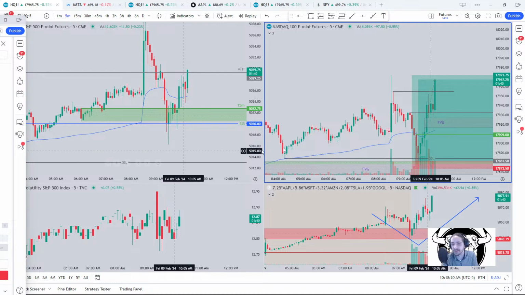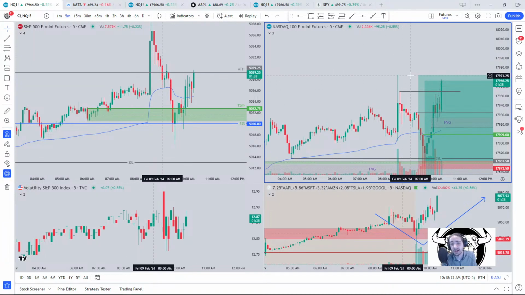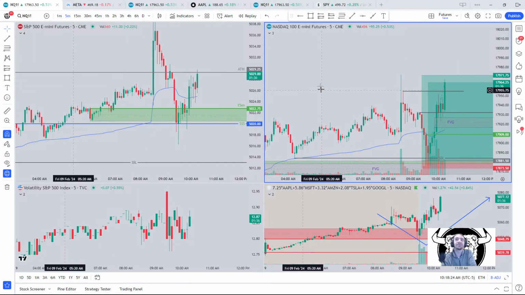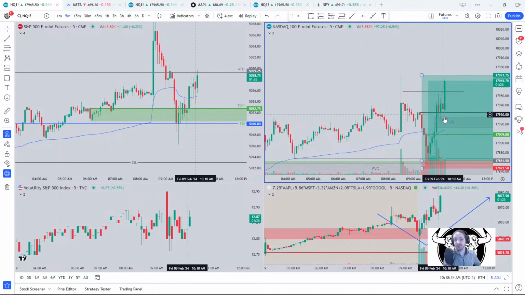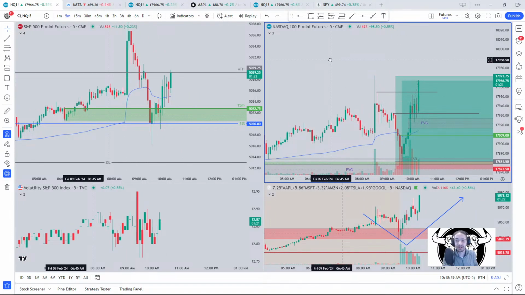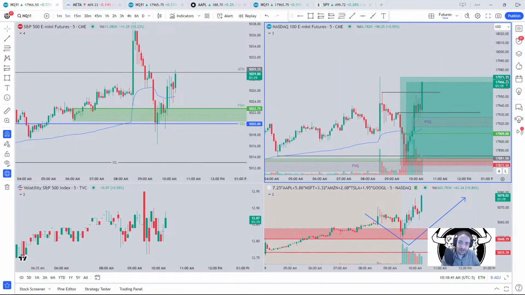That's crazy. Yo, there it is. It's coming up. Apple pumping, Microsoft new high of the day, Nvidia new high of the day. I got out too early. Dude, that was crazy. And this fair value gap entry would have been another great entry. 4-to-1 risk reward on that trade. I mean, holy cow, guys.